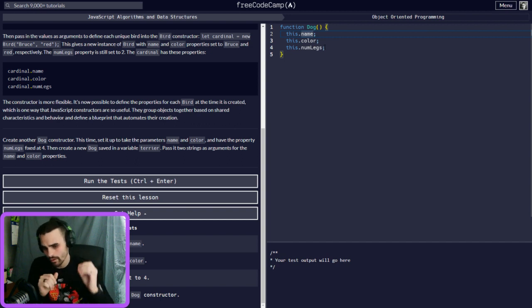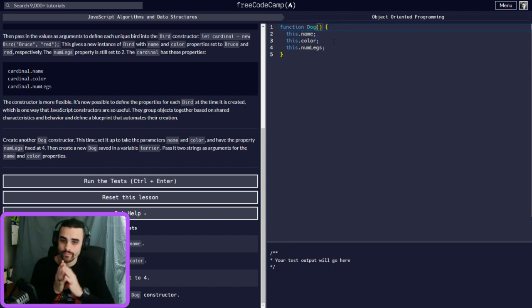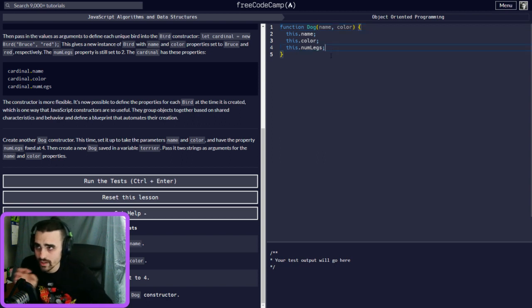I want to make my own type of dog. So how do we do this? In here, remember, with any function, you can accept arguments. So this time, we're going to put name and color. But we don't want to change the number of legs. We want the number of legs to always be consistent, right?